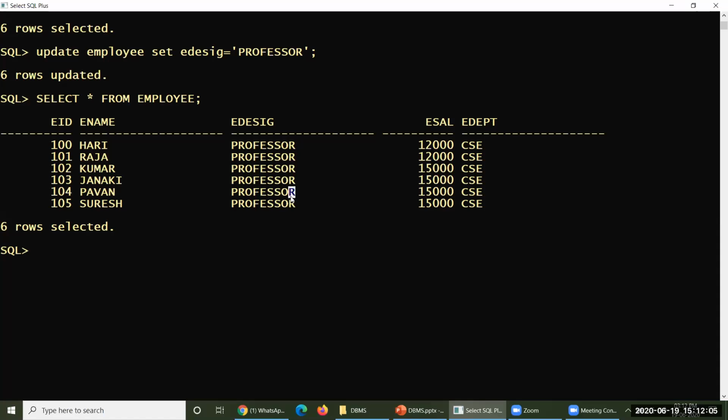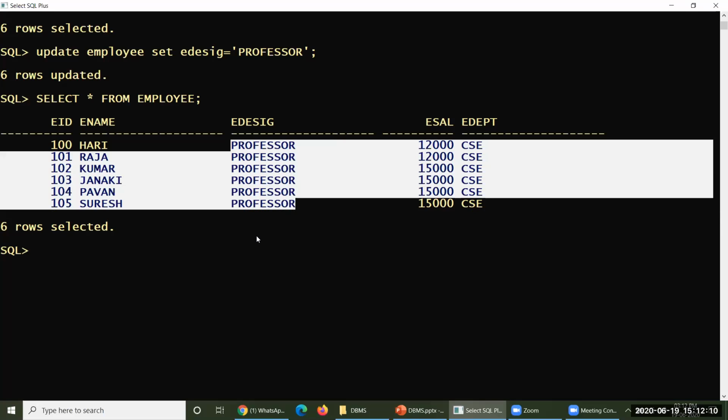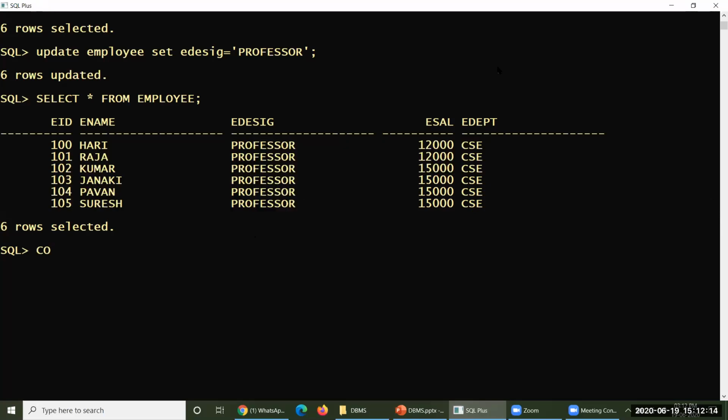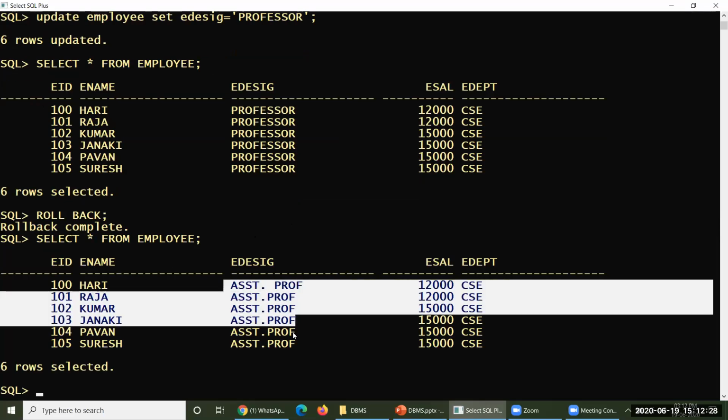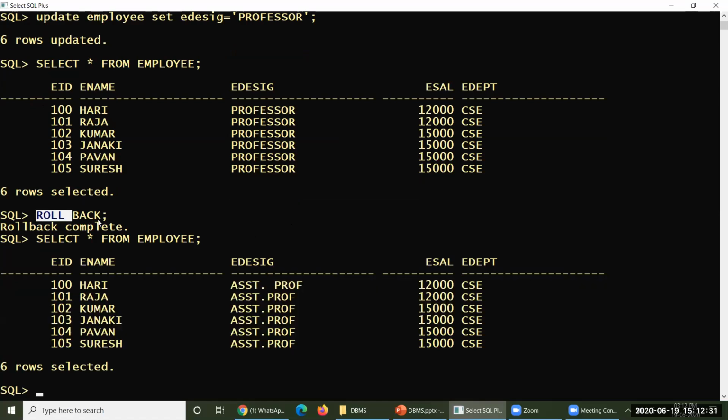Okay. Now I'd like to get back the data from the server, because I haven't operated commit so far. Let me operate, not commit, rollback. Yes, rollback has been completed. If you operate the same command one more time, yes, your original data will come back. If you apply commit instead of rollback, you will never ever get back the data. Please remember, never ever get back the data here.